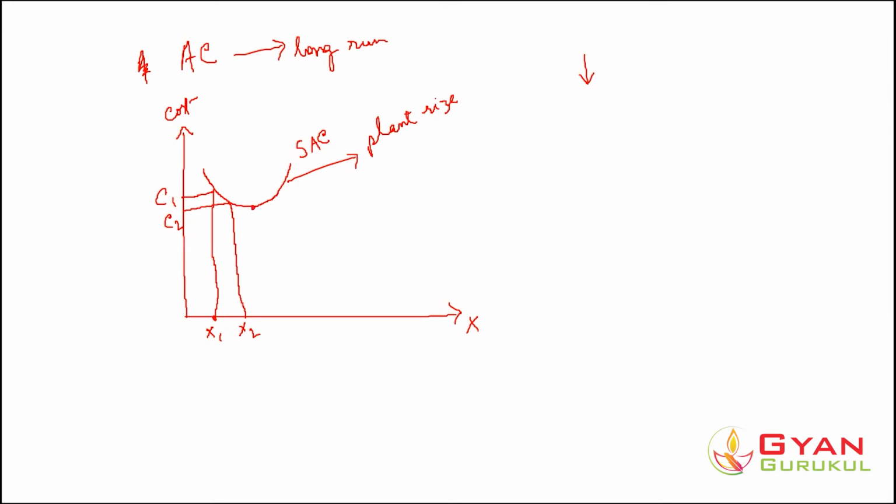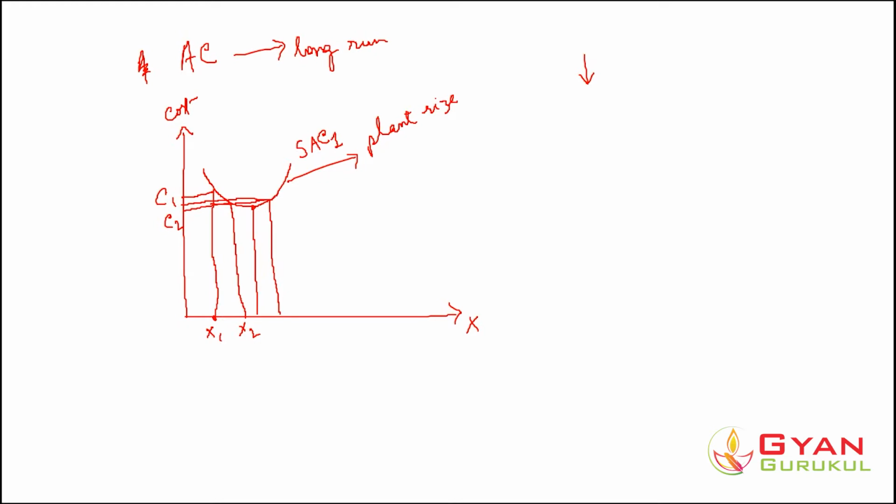At this point the cost is minimum, and beyond this, if we further increase production, the cost cannot fall beyond this. After this, if we have to increase the production, the cost has again increased. From here it has increased, and say this is the cost now. The cost is increasing beyond the lowest minimum point of this particular plant size. Clear? Now say this is SSC1. This is representing a particular plant, right?